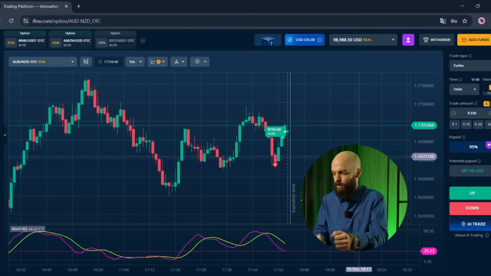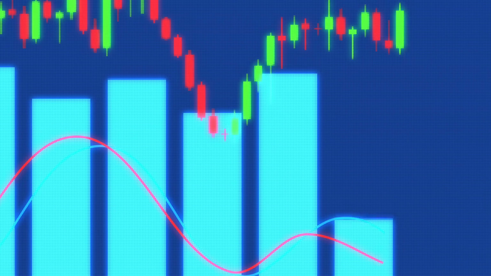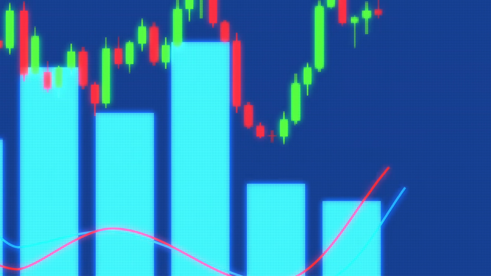So I enter up with 250, waiting, and it closes in profit, plus $487.50. Okay, series result, total balance, $1,165. Notice the logic. First we traded the bearish impulse from resistance, then we confirmed continuation. Then we tried a pullback and took a loss. After that, no panic. We adapted, the market started recovering, and we switched to the buyer side only when strength